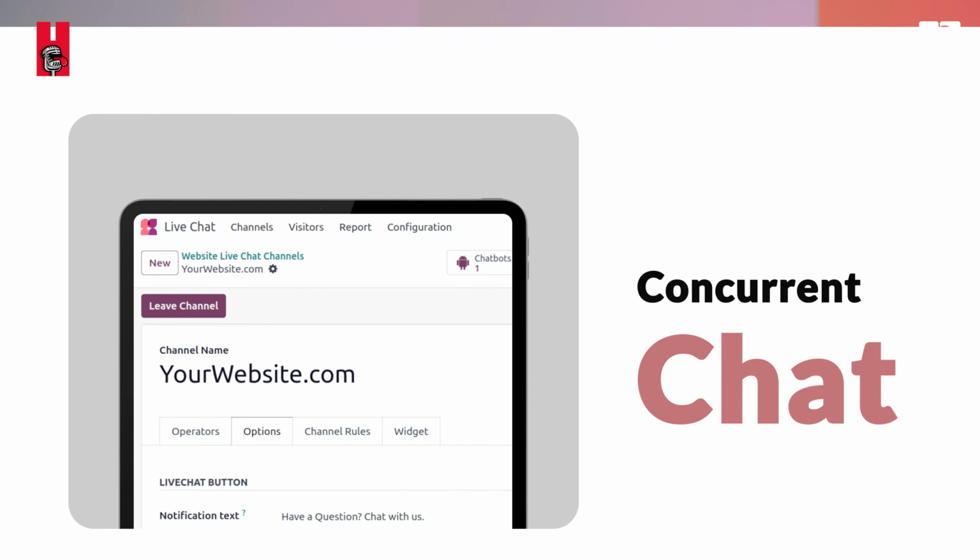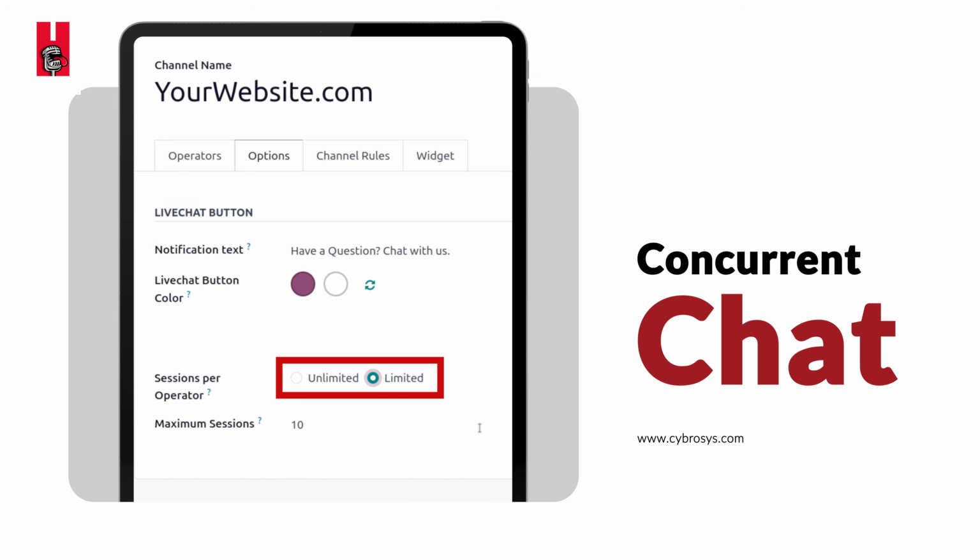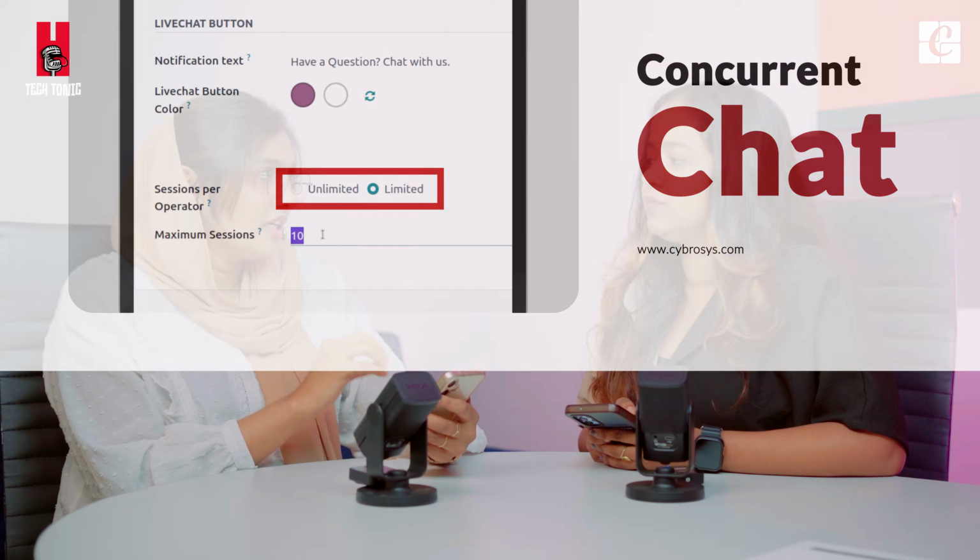Okay, so we can limit the simultaneous conversations, which means sometimes a particular operator needs to manage a large number of people within a session. That would be hectic work. So if you set it to limit the users, we can set the count over there. Is it mandatory to set a limit? No. We have two options, so we can just choose the option from it. Okay, so then we can set a limit. Yes, exactly. So that's the live chat.